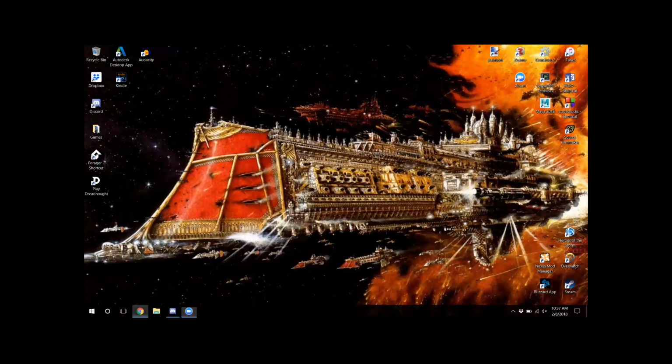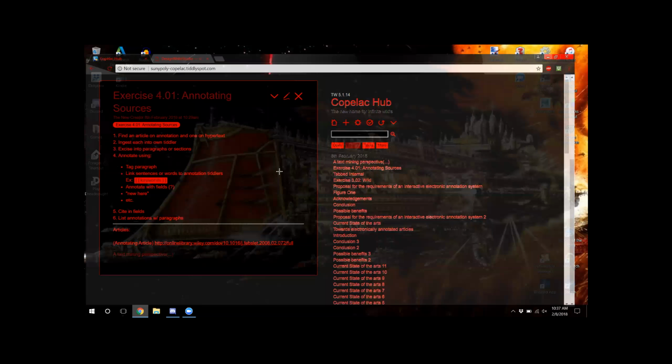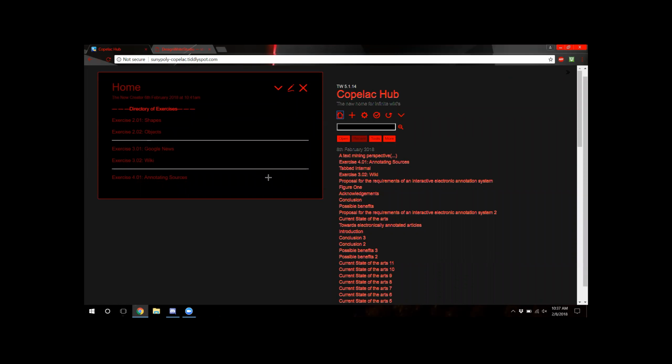So Chris runs these really dark and moody TiddlyWikis, which I can't even read. So what do you do when you come across a TiddlyWiki like this? We're just going to pick on Chris, that you can't read. If my personal preference is that I hate black background and red text because I can't read it, what do you do?